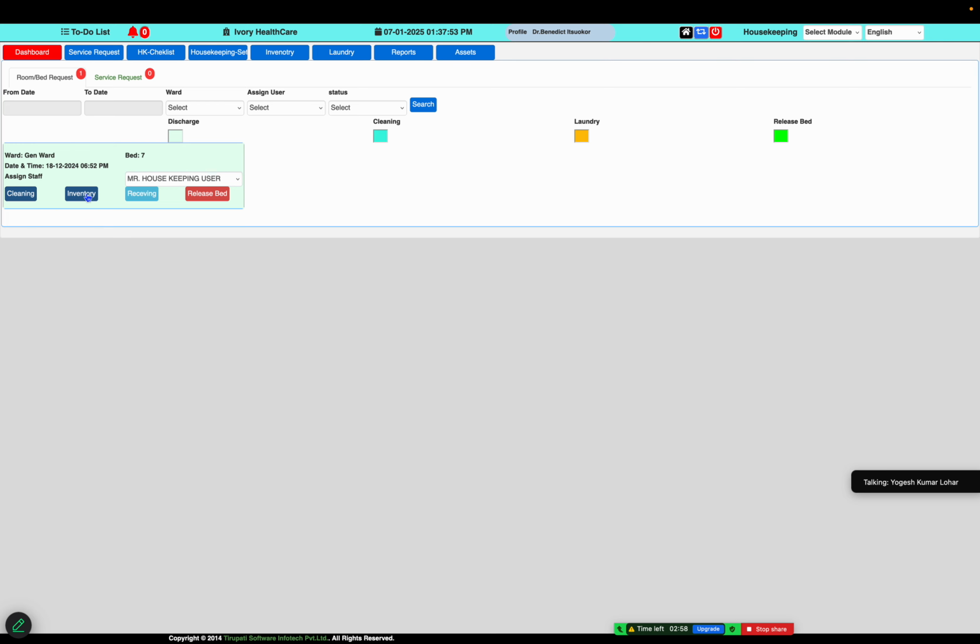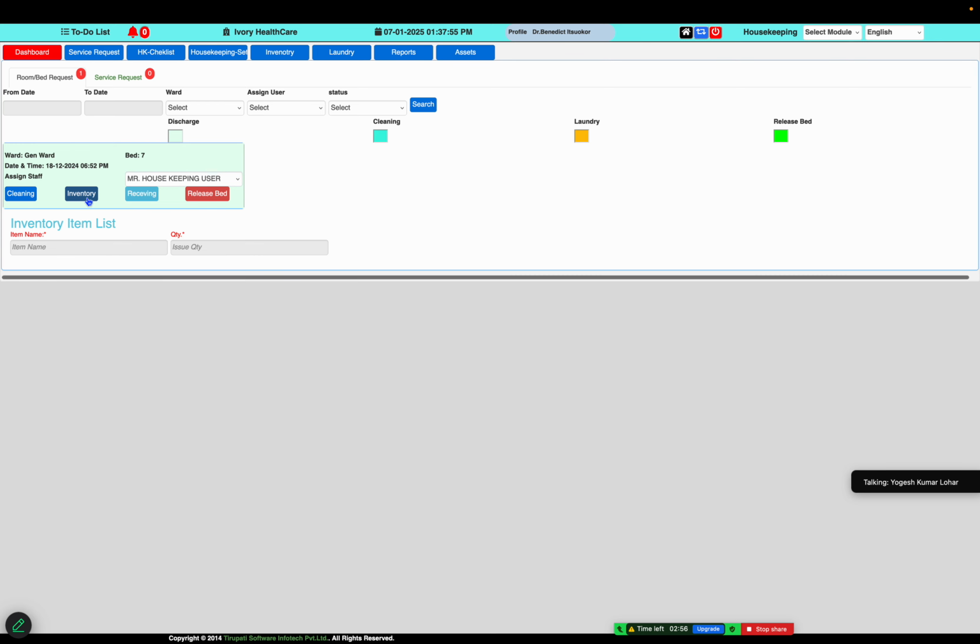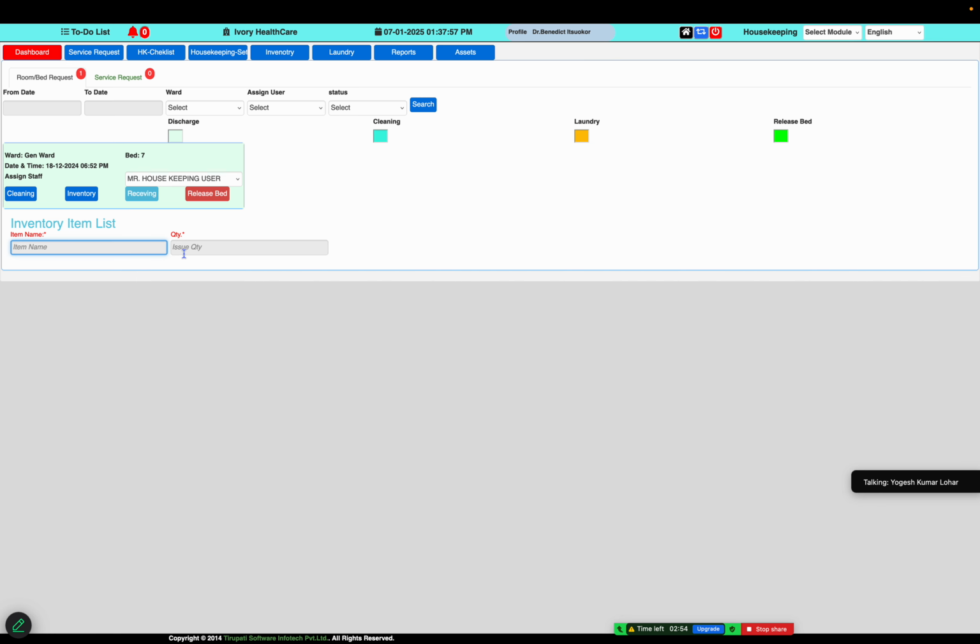After that, if they want to supply inventory like phenol, bed sheet, pillow after cleaning the respective bed, ward, room or any location, they can do so. And after cleaning, they can release the bed, so the bed will be available for the next patient. The ward or service department location will be available for reuse.